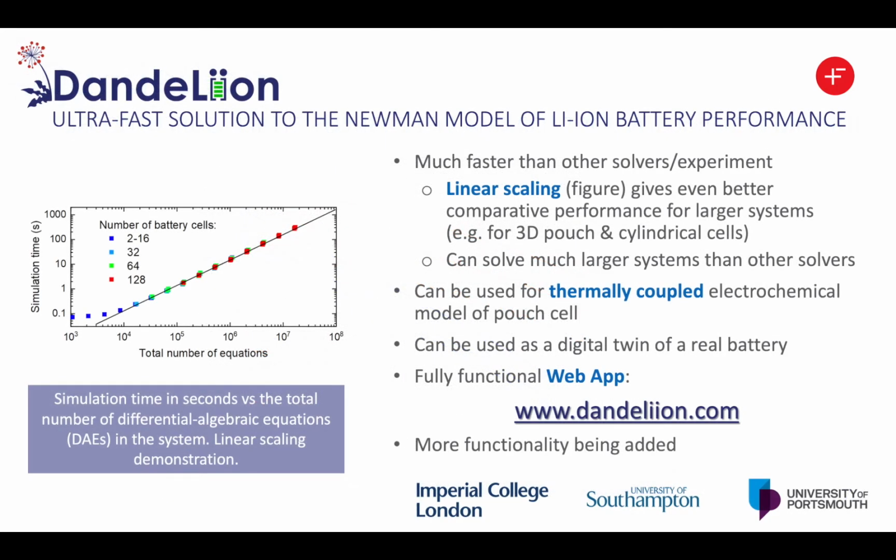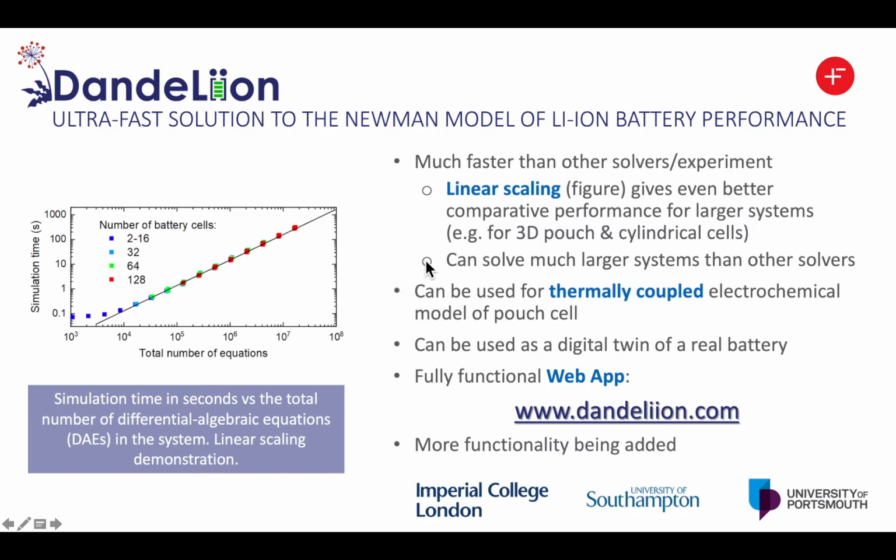So what is special about Dandelion? In Dandelion, we have solid linear scaling in terms of performance with increasing the number of equations. And the main point is, for larger problems, the gap between Dandelion and other solvers is big. For example, on this laptop with a 6 core CPU and 16 GB RAM, I can handle 10 million equations easily in just a few hundred seconds.